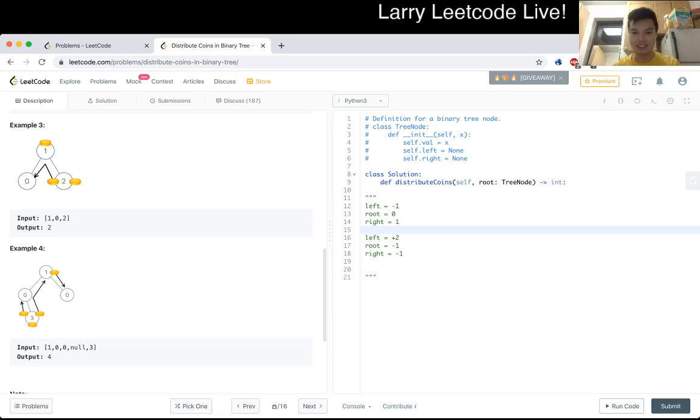So in your root case here, your left is actually -1, your root is 0 because you already have a coin, and your right is equal to +1, right? Oh, sorry, the other way. My fault. And in this way, you can also see the same thing, where this takes 2 moves from left to go to the right,